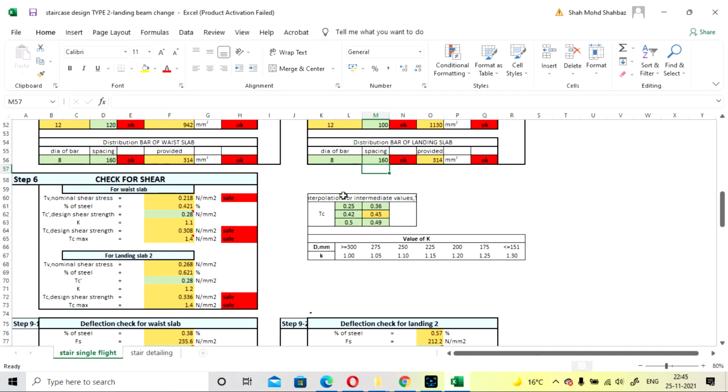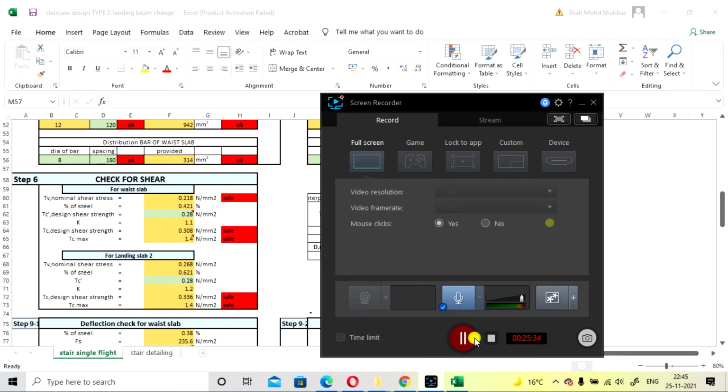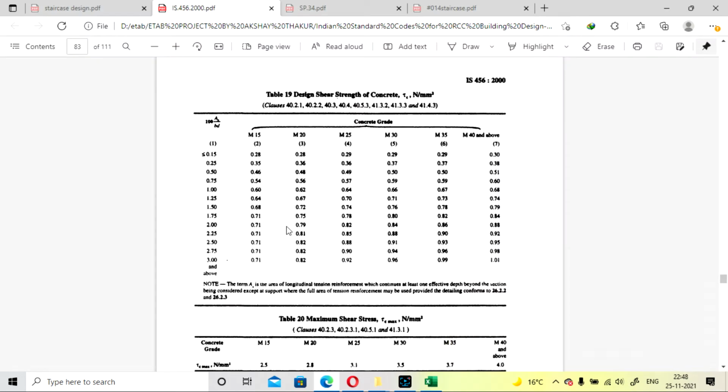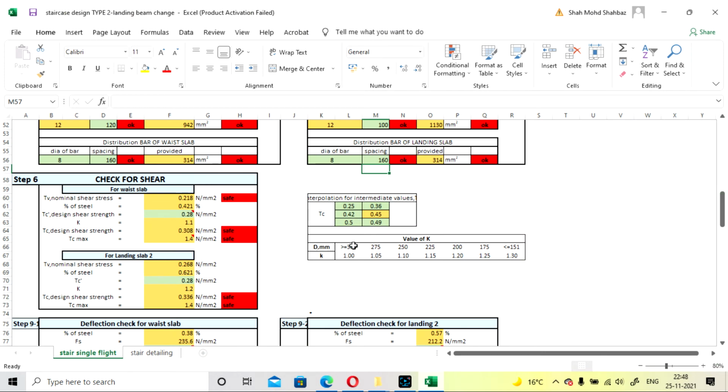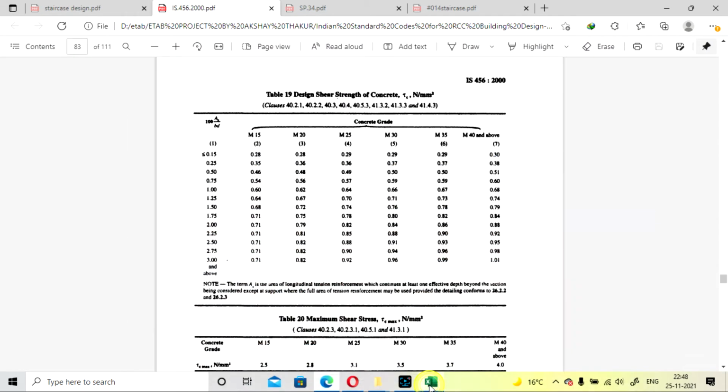This is the percentage and this is the compressive strength. I will show you. From this table you can use the values for the sheet. This will be the percentage, so for the percentage you are calculating, you have to insert it here. And after that, what you have to do: here is the percentage and here is the shear strength for the given grade.